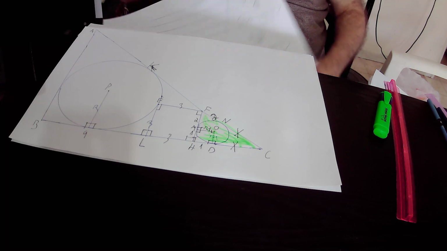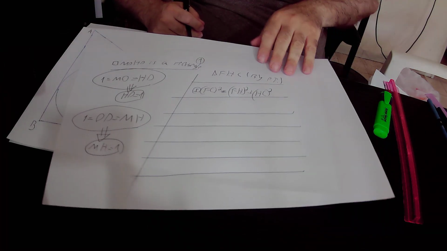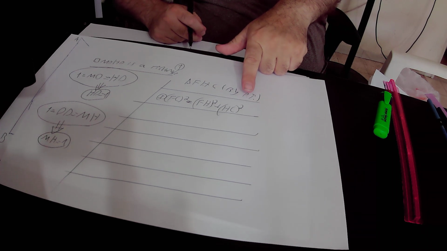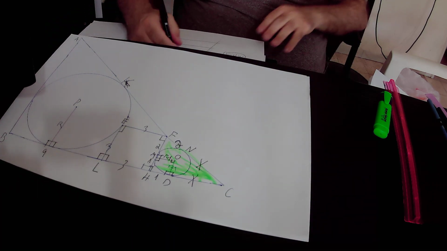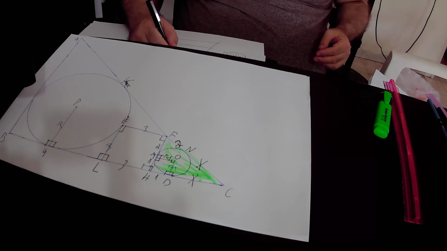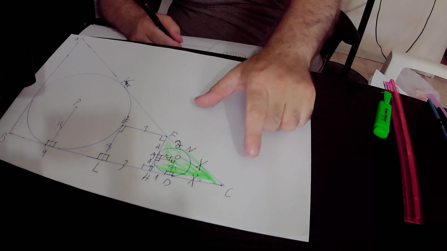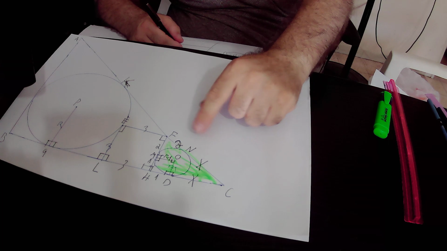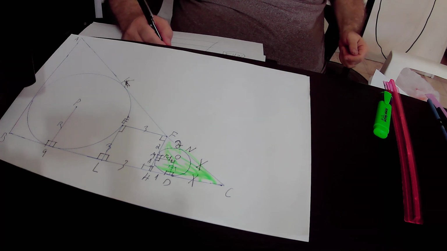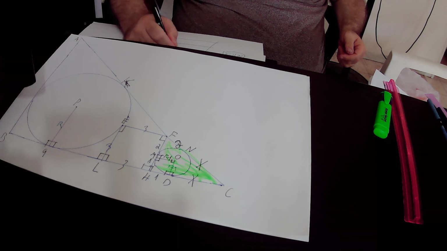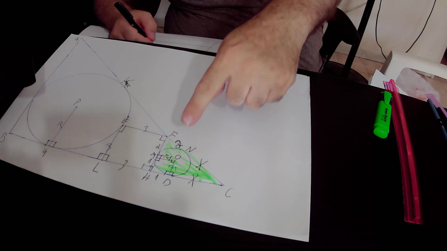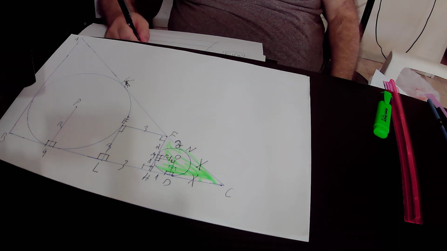Repeat again, according to the Pythagoras theorem, in the right green triangle FHC, FC squared equals FH squared plus HC squared. So here, what is the value of FC? From the drawing, it is very easy to see that FC is equal to 2 plus x. Therefore FC squared equals (2 plus x) squared. And it is equal to FH squared. FH equals 2 plus 1, that is 3. Therefore, FH squared will be equal to 3 squared, that is 9, plus